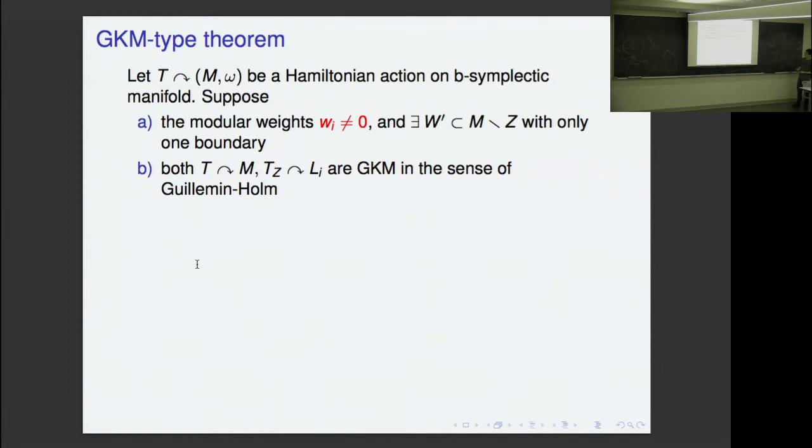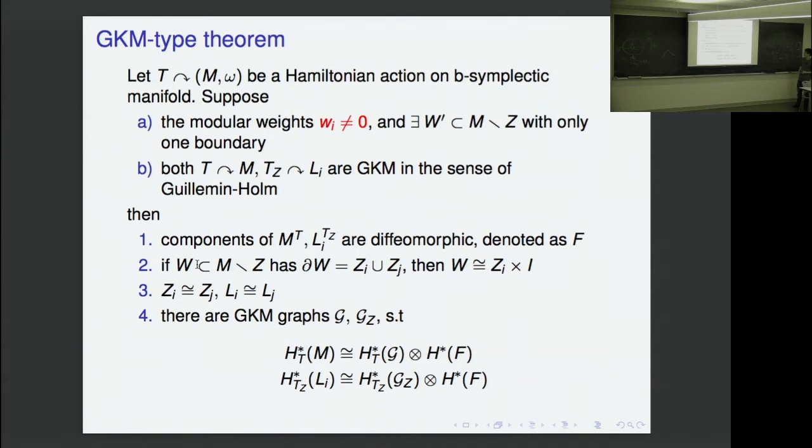So we have this condition. Suppose the weights are non-zero, and suppose we have the torus action to be GKM in the sense of a Hamiltonian action. Then the results that we can get using this symplectic cutting is that this time we will get a GKM graph for the manifold M, and a GKM graph constructed from the singular locus, which will be used for the symplectic fiber Li, and we can also get that the equivariant cohomology is going to be this tensor product of a combinatorial data with the cohomology of